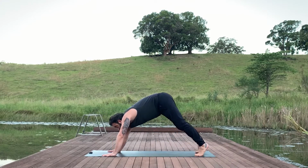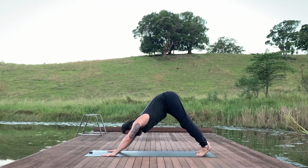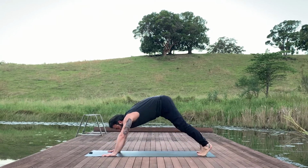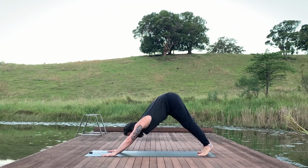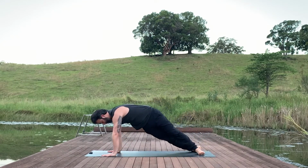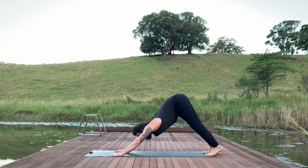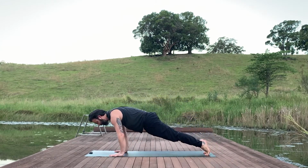High plank, lower the heels over to the right. Back to down dog. One more of those on each side. High plank, heels to the left. Back to down dog. And high plank, heels to the right. Back to down dog. This time, again, come through high plank and lower down through chaturanga, shifting body weight forward